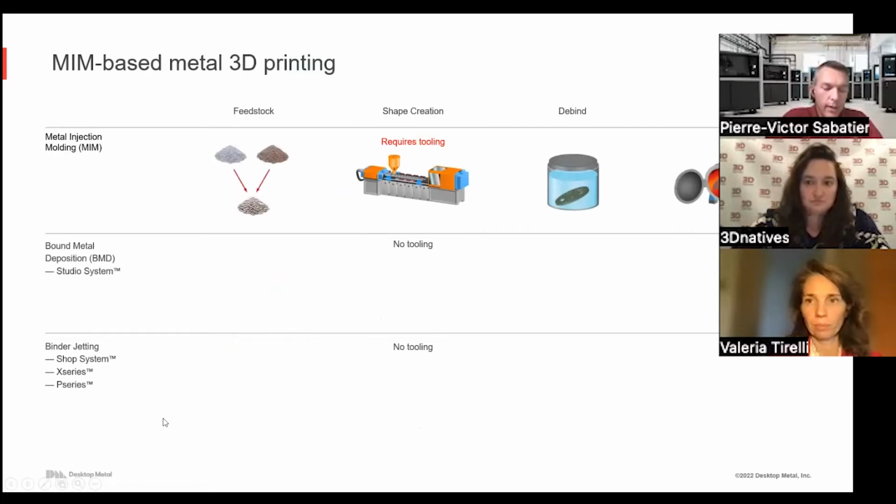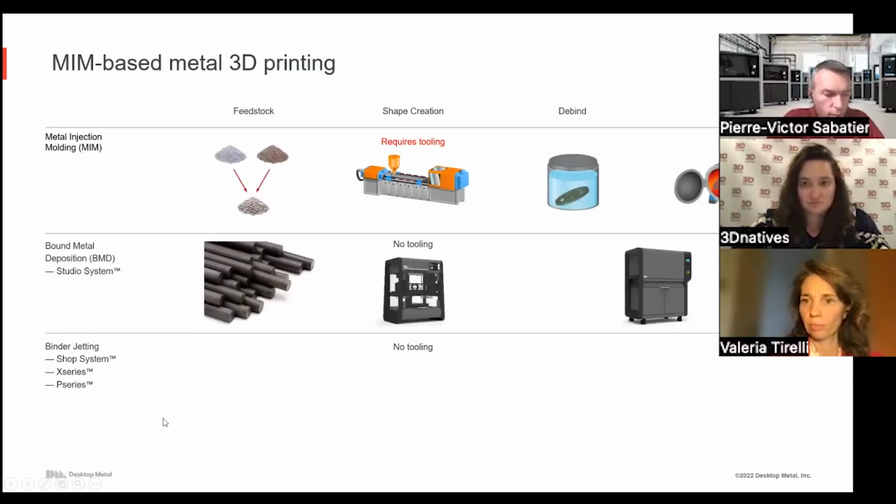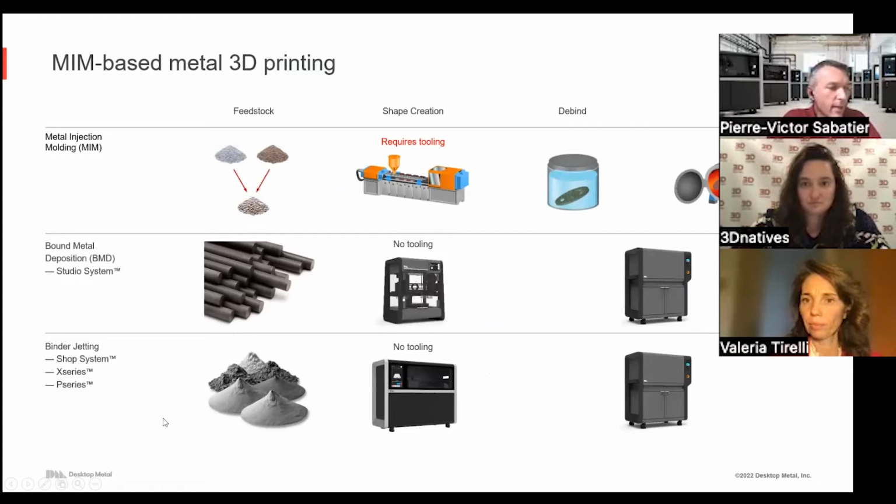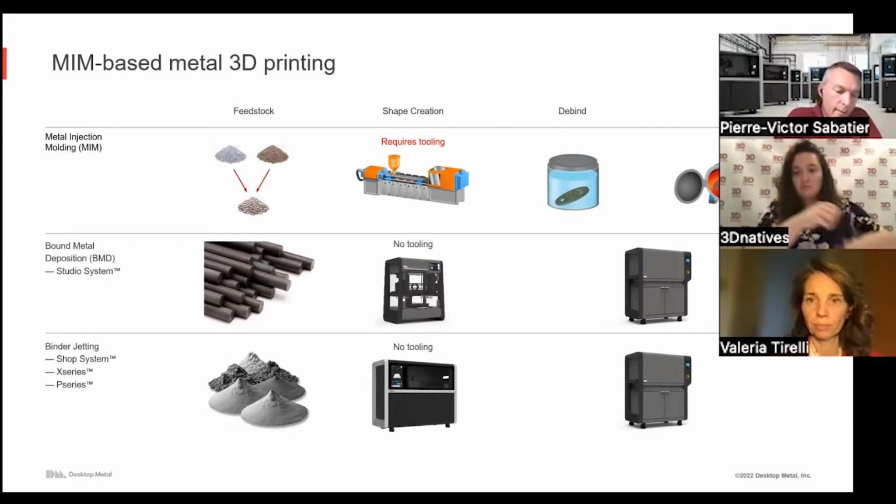For example, here you can see I wanted to remind people that at Desktop Metal, all our metal solutions are based on what we call MIM-based solutions or sinter-based solutions, which means we 3D print and then we sinter. And this is important, if we go to the next slide, because it brings several advantages.